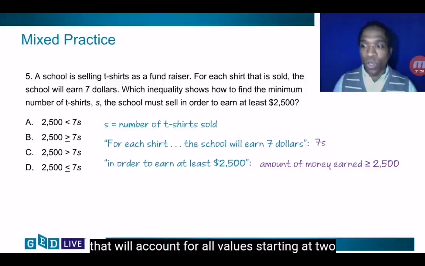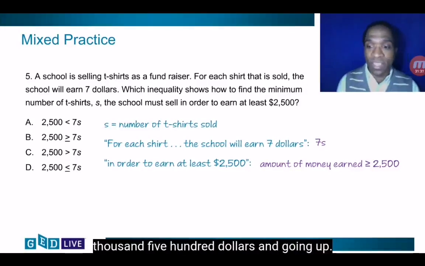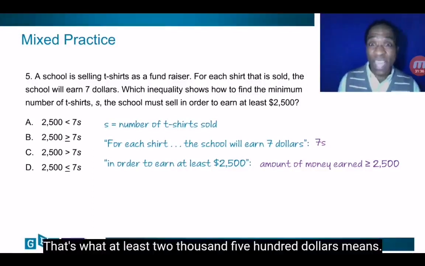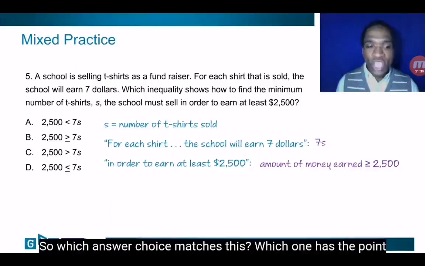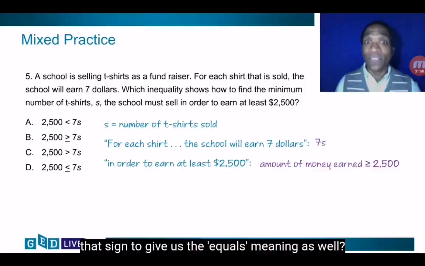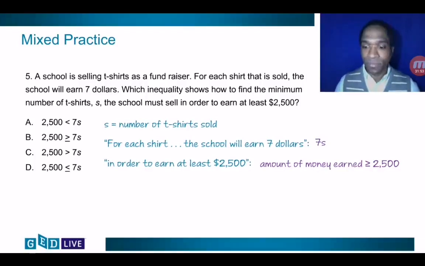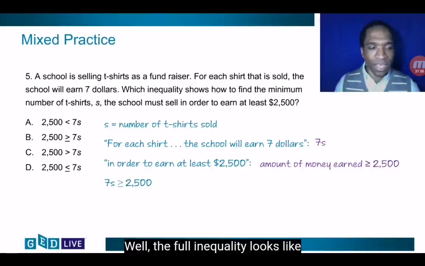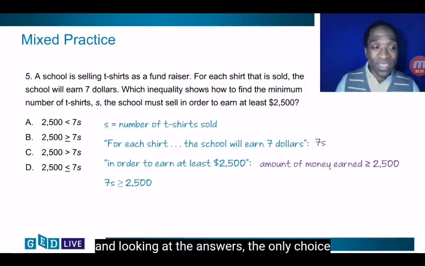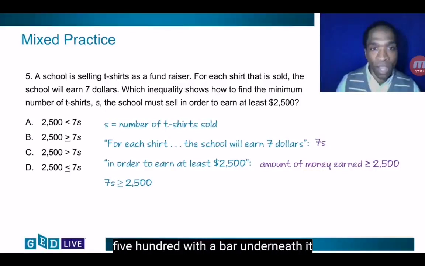And that will account for all values starting at $2,500 and going up. That's what at least $2,500 means. So which answer choice matches this? Which one has the point going to 2,500 along with the bar below that sign to give us the equals meaning as well? Well, the full inequality looks like this based on our information. And looking at the answers, the only choice that has the point pointing to 2,500 with a bar underneath it